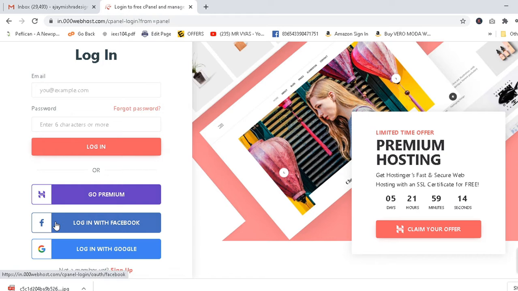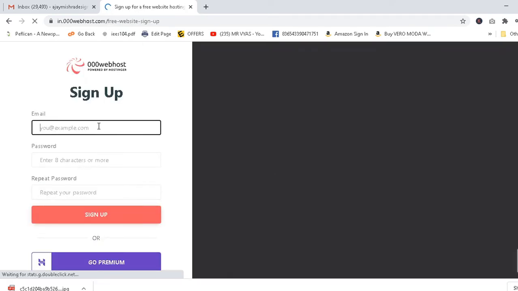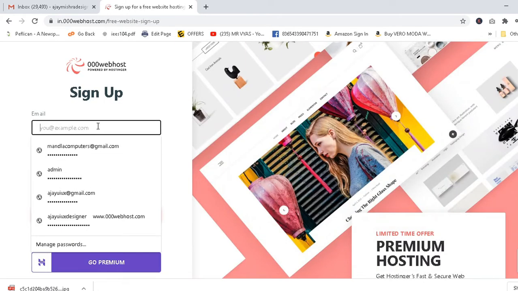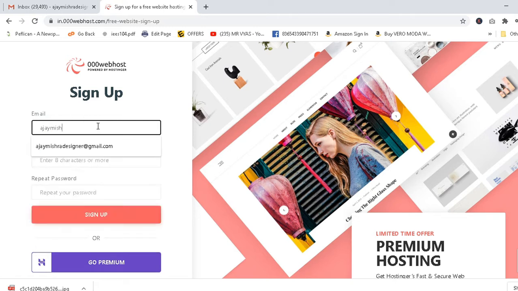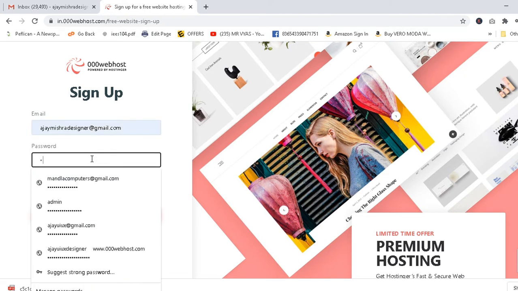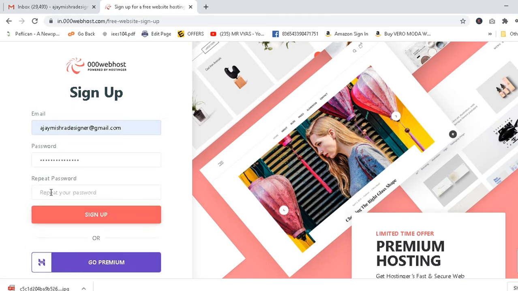Once this website is open, what to do? First of all, make your login here. So I can use sign up directly here. Click on sign up. Use any email ID, like I'm using Ajay Mishra designer at gmail.com. Give any password here.